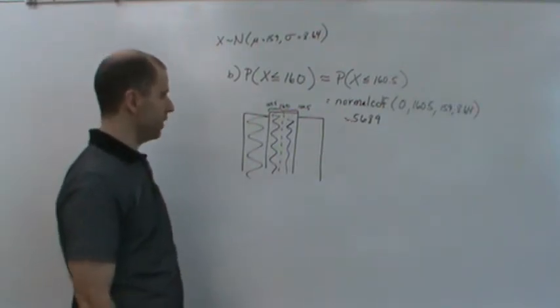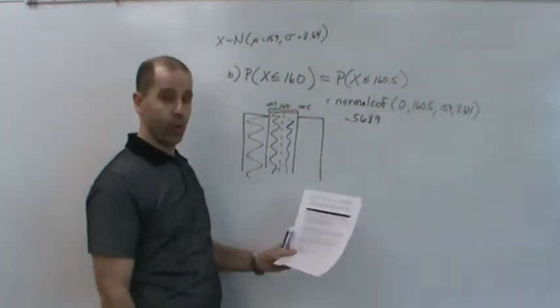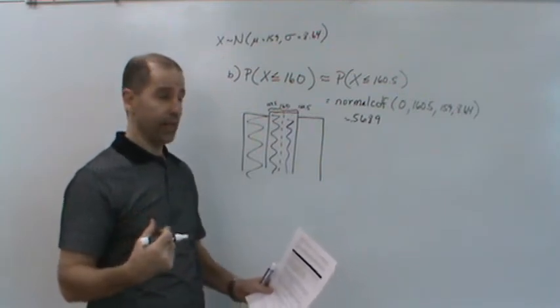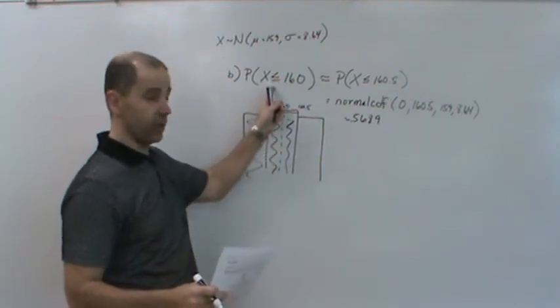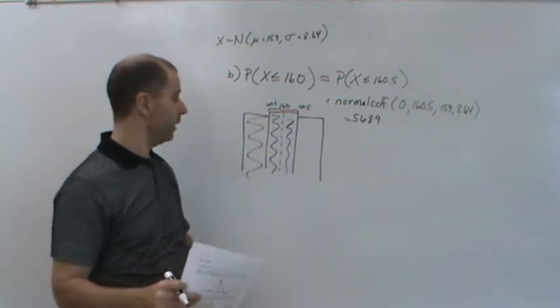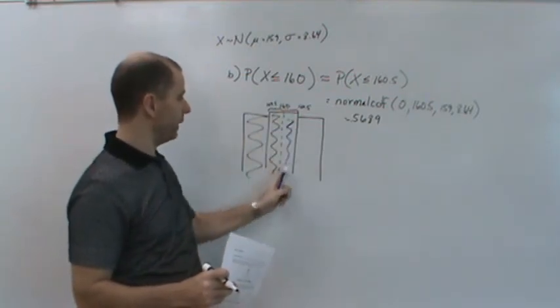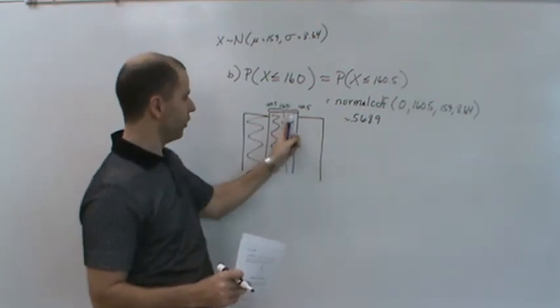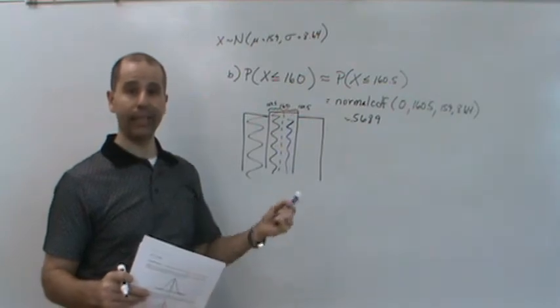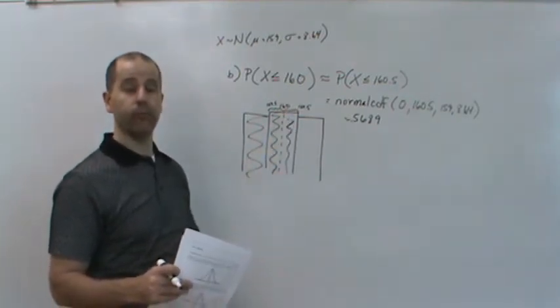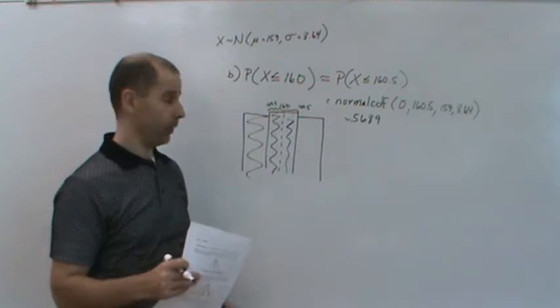So, makes sense? So again, as far as whether you add or subtract the 0.5 for the continuity correction, it depends on what you need to include or what you need to exclude. Okay? So in this case, we wanted to include the bar. Okay? So we added 0.5 to include half the bar that would have been cut off. Okay? Now,